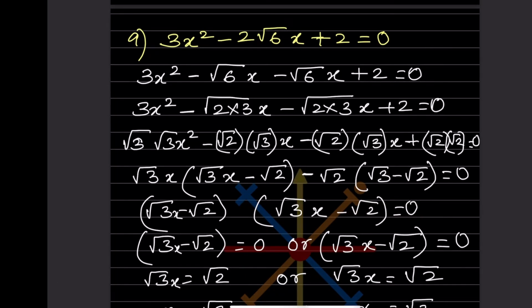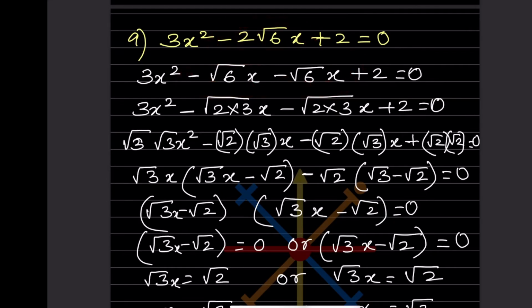So now look at this problem now. Again, this middle term. So middle term is different. So first thing what we are going to do, because this is in root, after that we'll take the factors. Now we can write this one as 3x square as it is. And here minus 2 root 6 means we can write here this is 1 and this is 1. So we can write here minus root 6x minus root 6x for this part